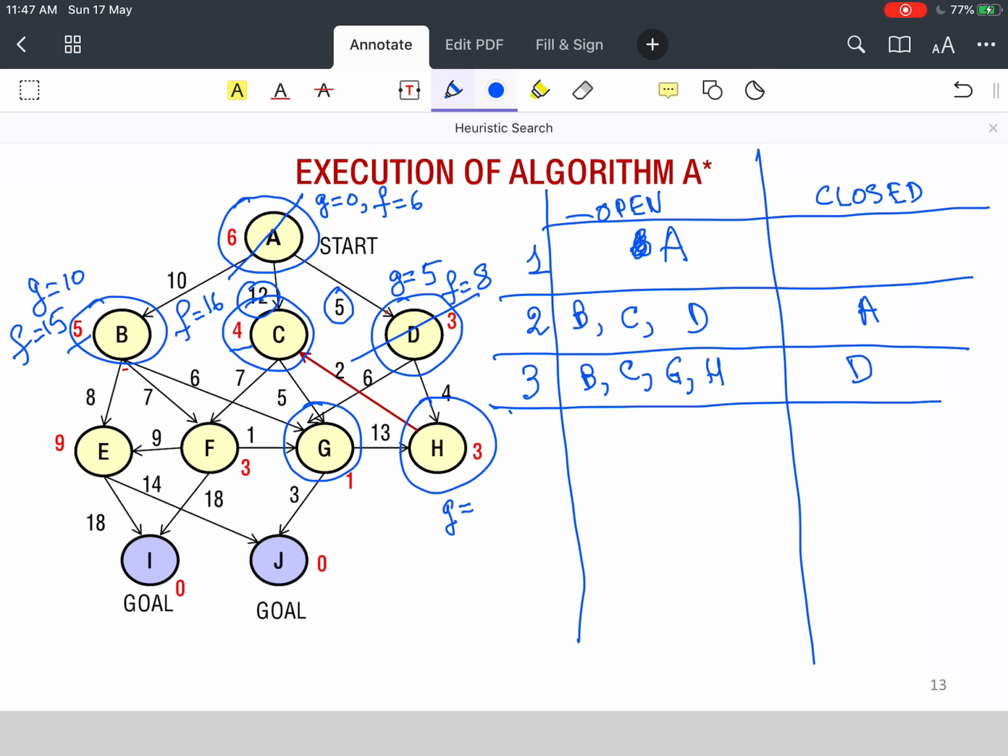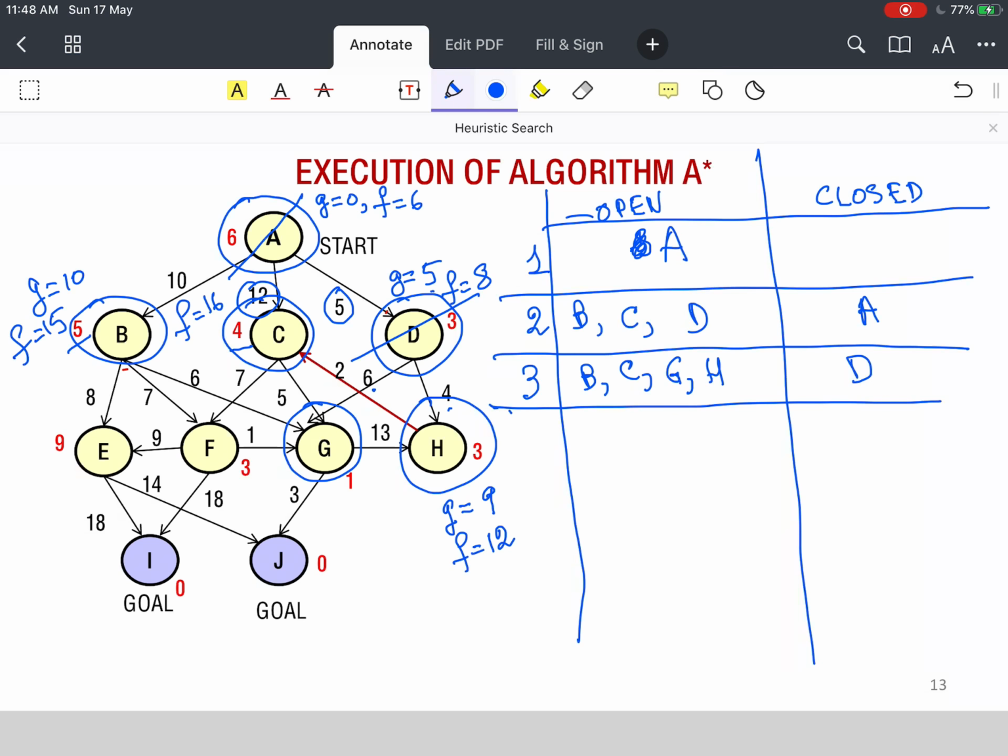Now for H, what do we have? For H, we have its G value equal to 5 plus 4. So G was 5 here and 4 here. So G is equal to 9 and its H value is 3. Therefore, its F value is equal to 12. Similarly, for this node G, the G value was 5 and the edge cost is 6.